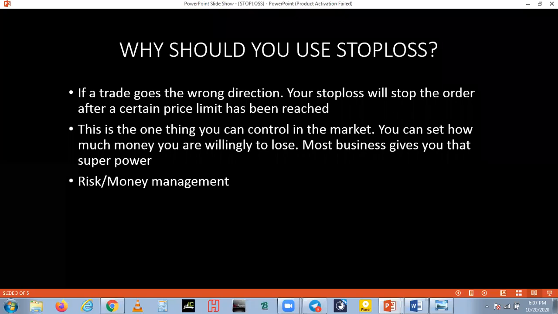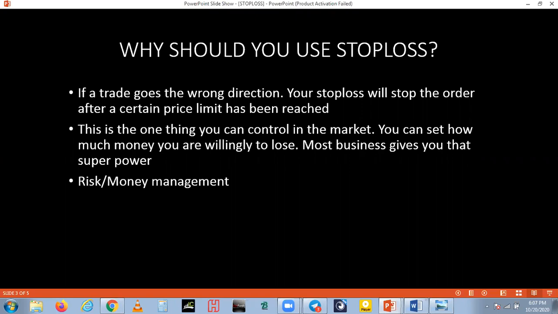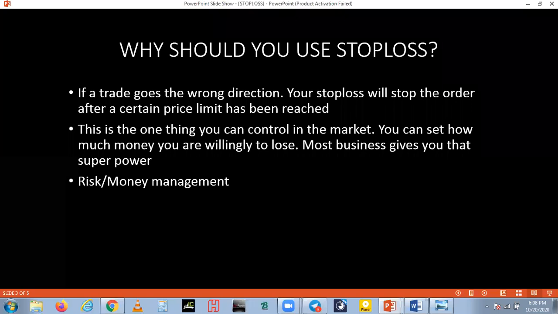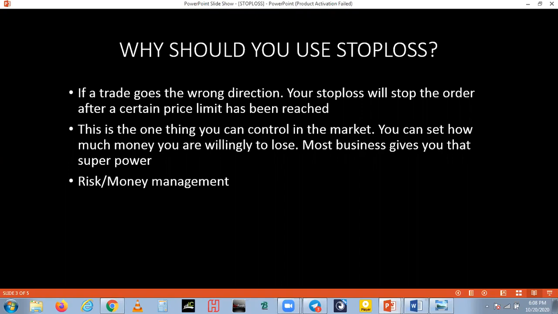Okay. The next one is, this is one thing you can control in the market. You can set how much money you're willing to lose. Most businesses do not give you that superpower. That's what I want to say. Forgive me for that error. Stop loss is the one thing you can control in this market. You can't control the price movement. You can't control how you want price to move. You can't control most things. But the only superpower you have in this market is to control your loss,